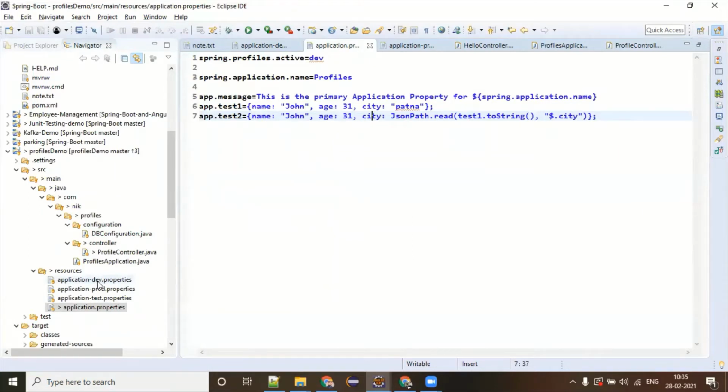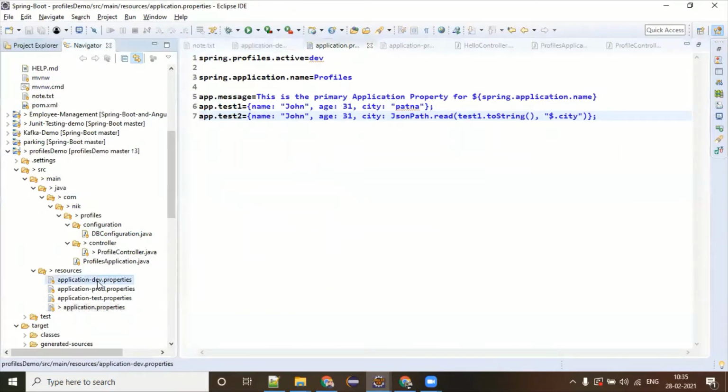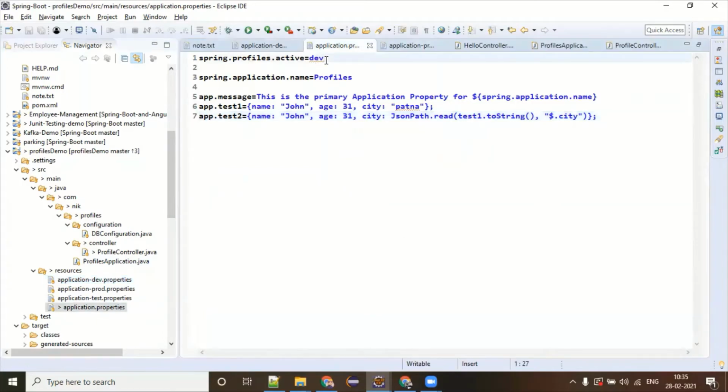It is just checking this middle part. This is the naming convention, or syntax, you have to give for your additional properties file. If it is a capital, you have to give capital. If it is small, you have to give small. After the hyphen, whatever name you give is going to be your profile name.